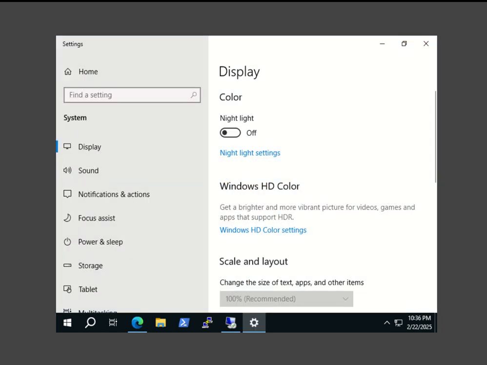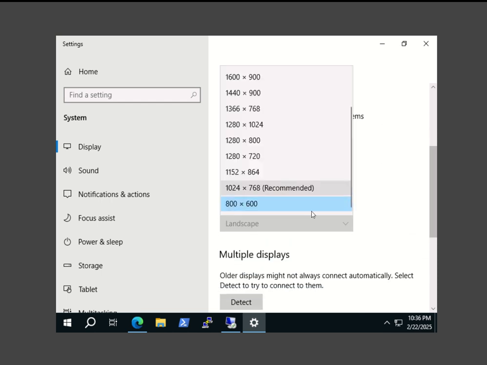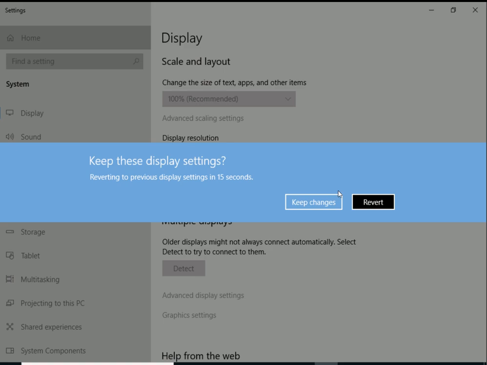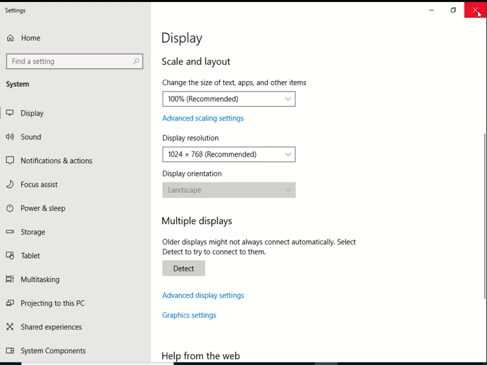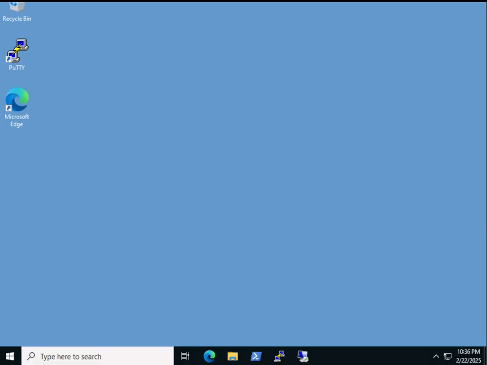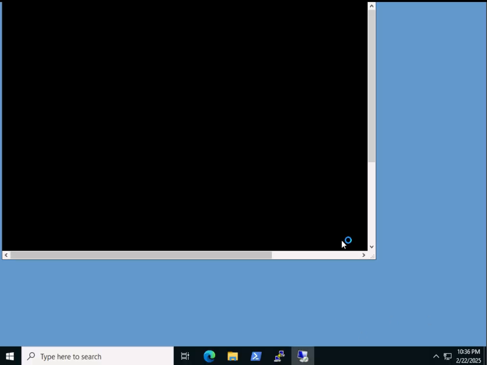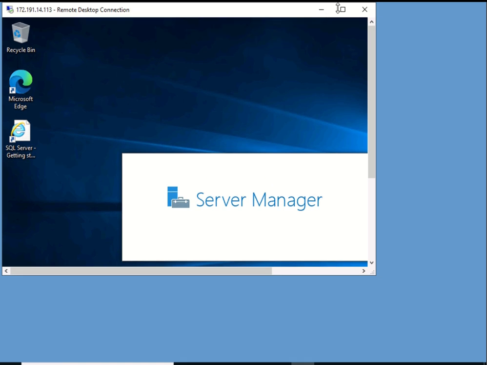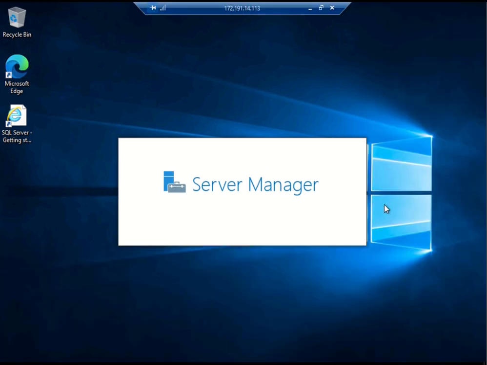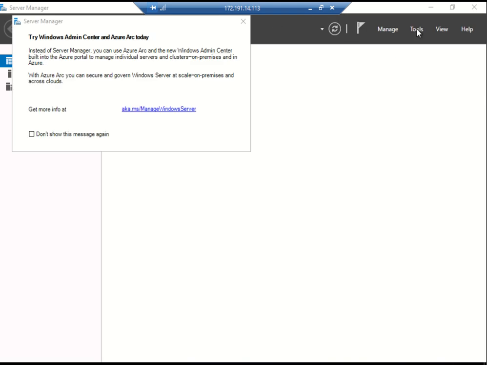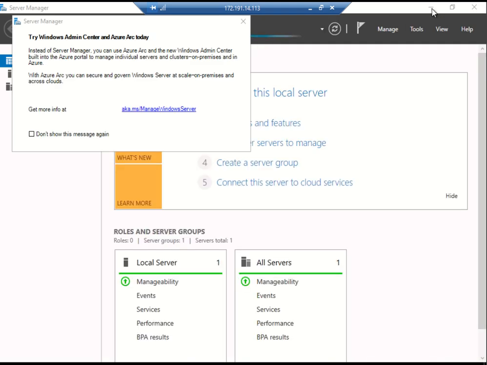Okay, sometimes if the lab resets the scaling, or changes the scaling, you can always change back to the recommended size. And go back to our virtual machine. Maximize this. Now we are going to connect to our database